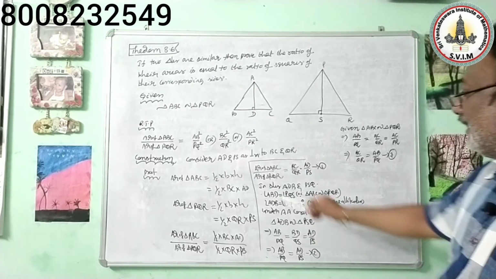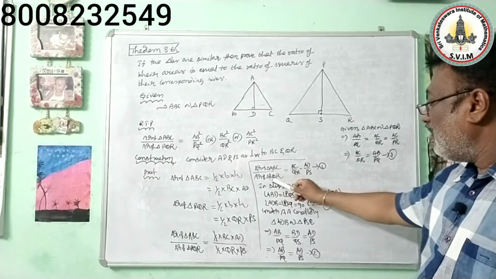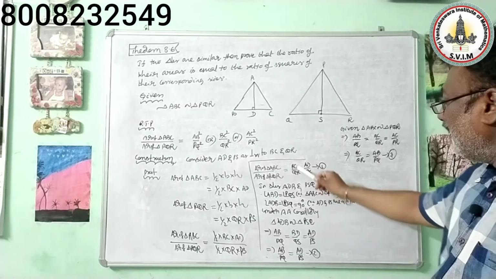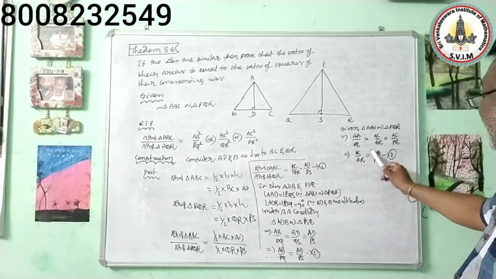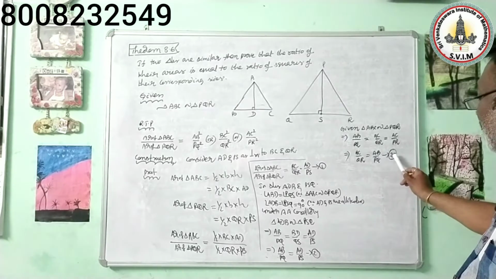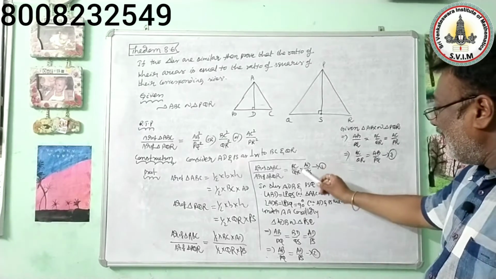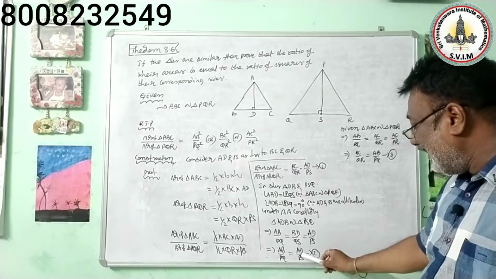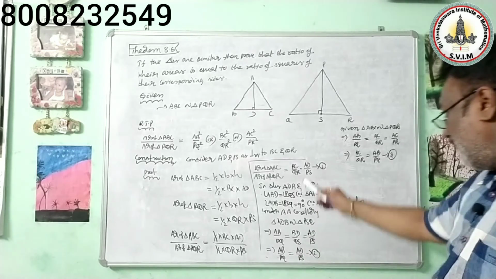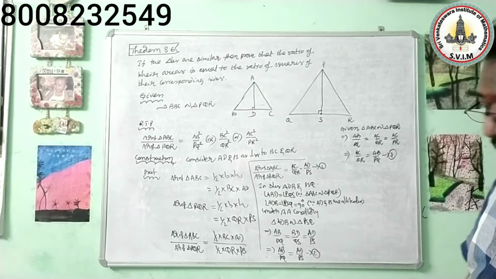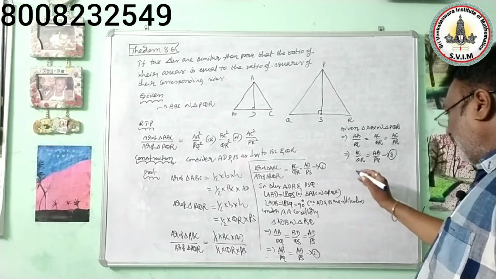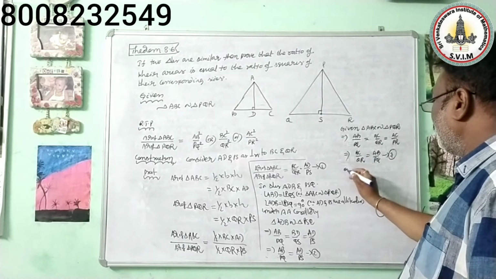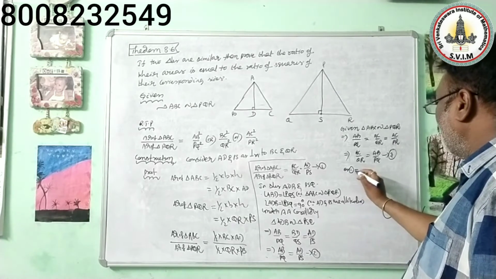How? Area of triangle ABC by area of triangle PQR is equal to, in BC by QR, you can take AB by PQ from 3, and in AD by PS you can take AB by PQ. That's all. This is from equation 2. Okay, now listen to me. So equation 1 implies